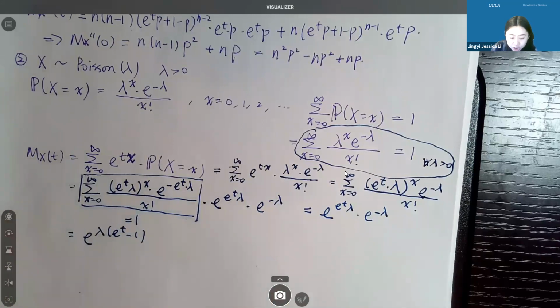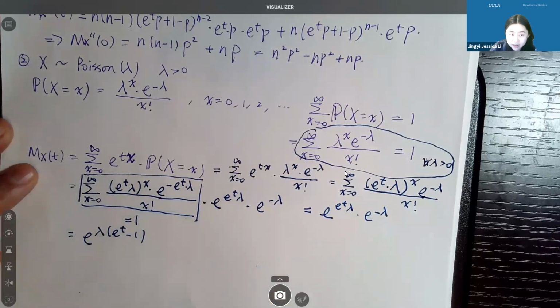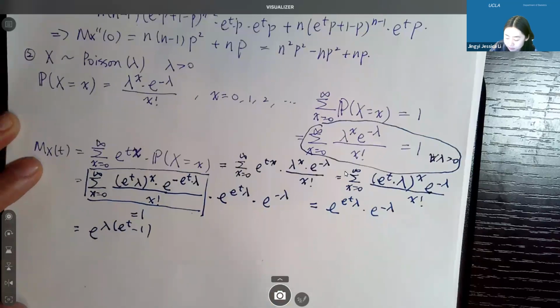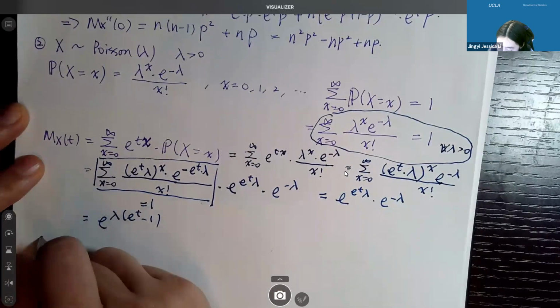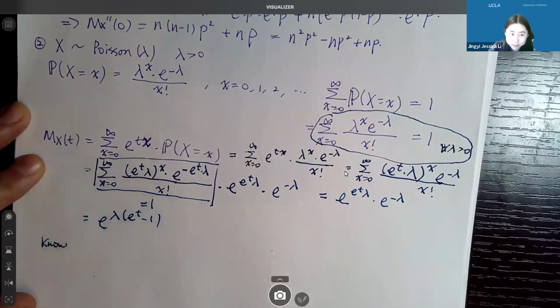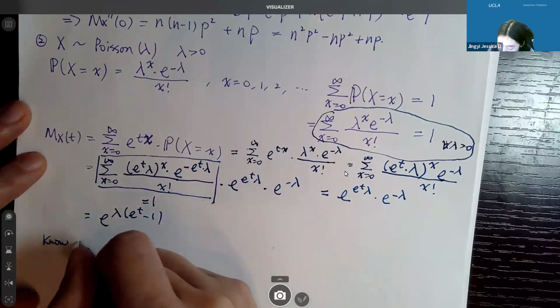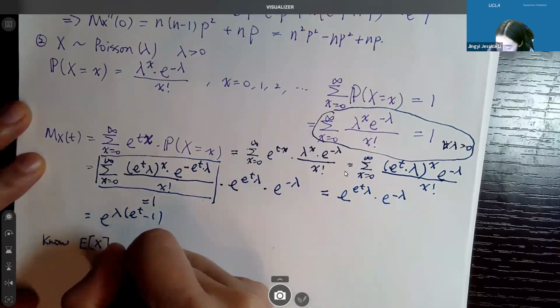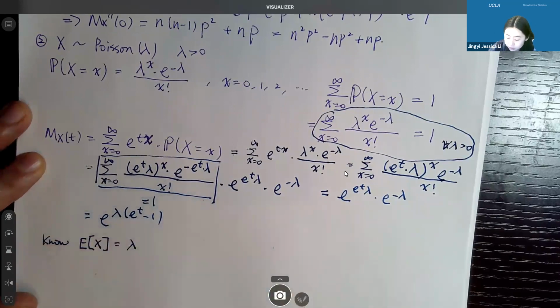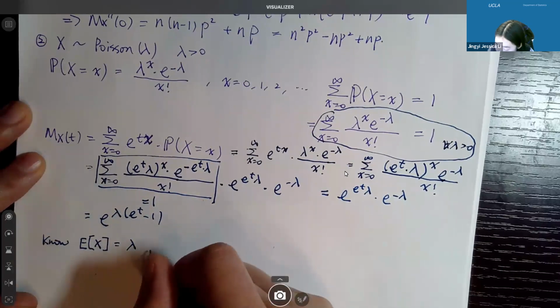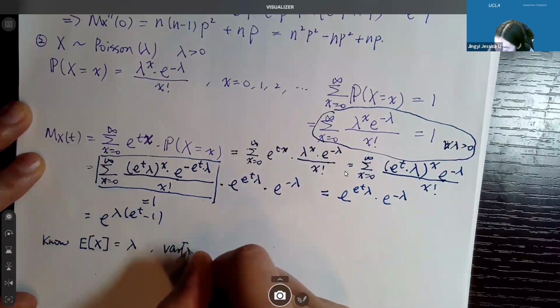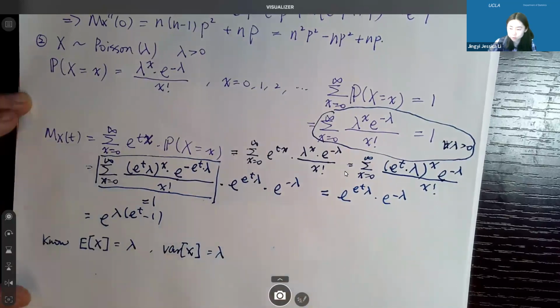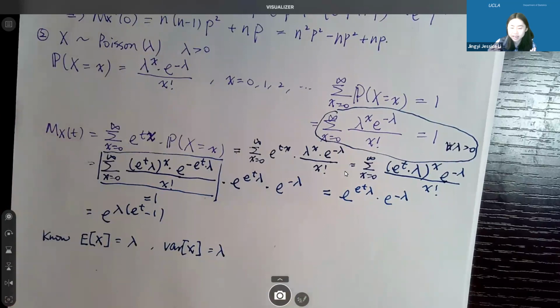So this is the moment generating function I have for Poisson x. Then let's try to check whether the moments match. So I know for Poisson as a special distribution that the expectation of x, the first moment, is equal to lambda. And I also know the variance of x is equal to lambda. So Poisson is special for having both the expectation, the mean, and the variance equal to the parameter, the rate